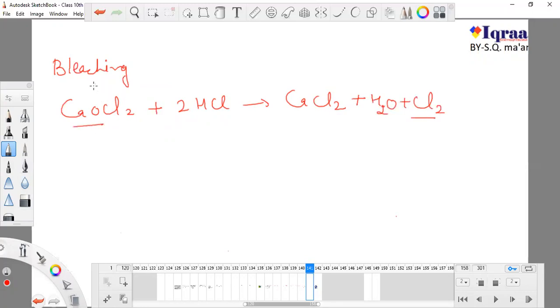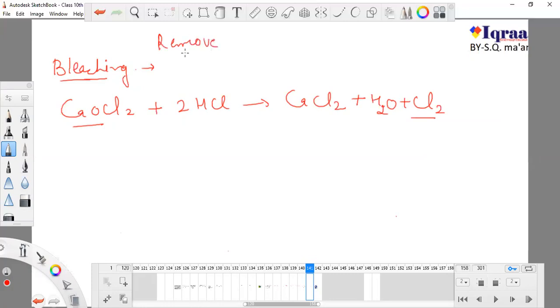So for bleaching of anything, for whitening, it is not like whitening. There are so many bleaches in the cosmetic industries to make skin white, and some products claim that if you use their bleach, you will become fair. Definitely bleaching powder never makes anyone fair. They just whiten the color. They just remove color.